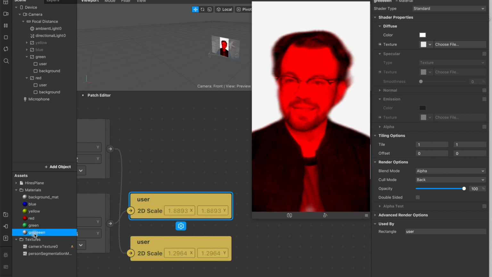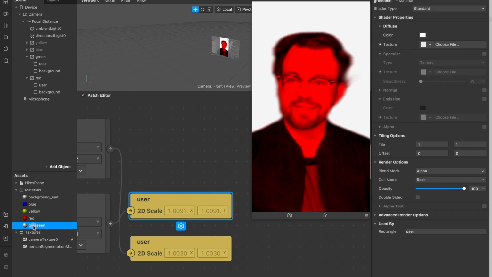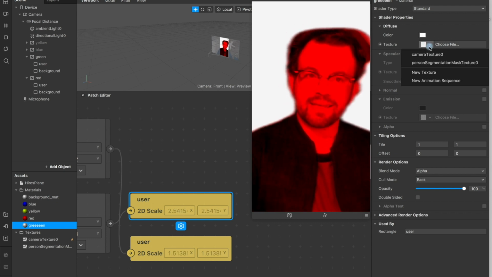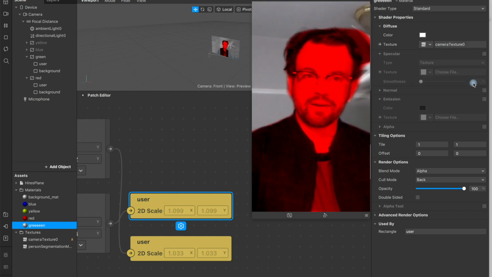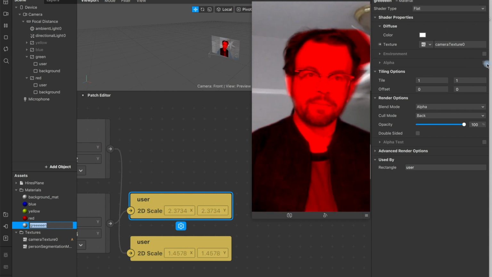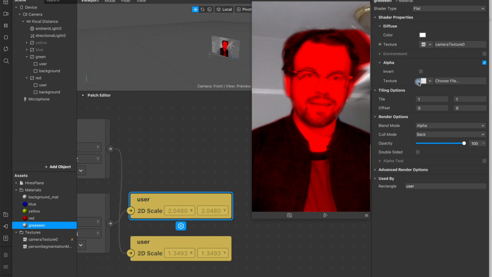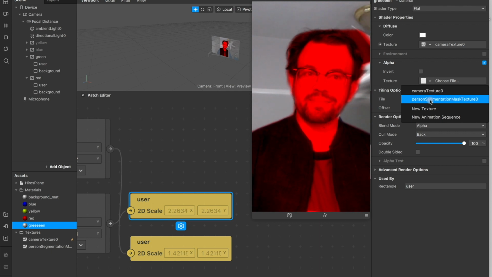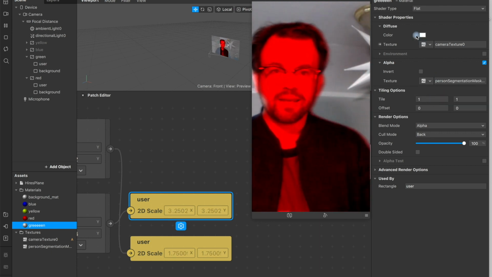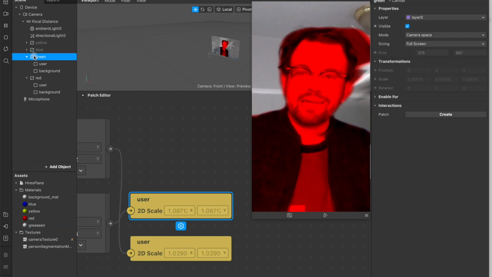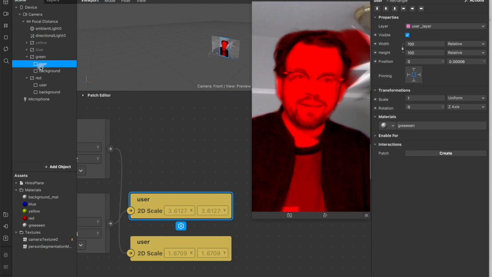You can see I'd done this before, so just to make sure you know the steps, I'll do it again. So now I have that new green material, and I select the camera texture just like I did before, and then I'm going to change the shader type to flat because we don't want the lights to influence it at all. And we're going to click the boolean for alpha, and we're going to change the alpha to the person segmentation mask texture. So now we've actually drawn behind the red a green version with its own green material,